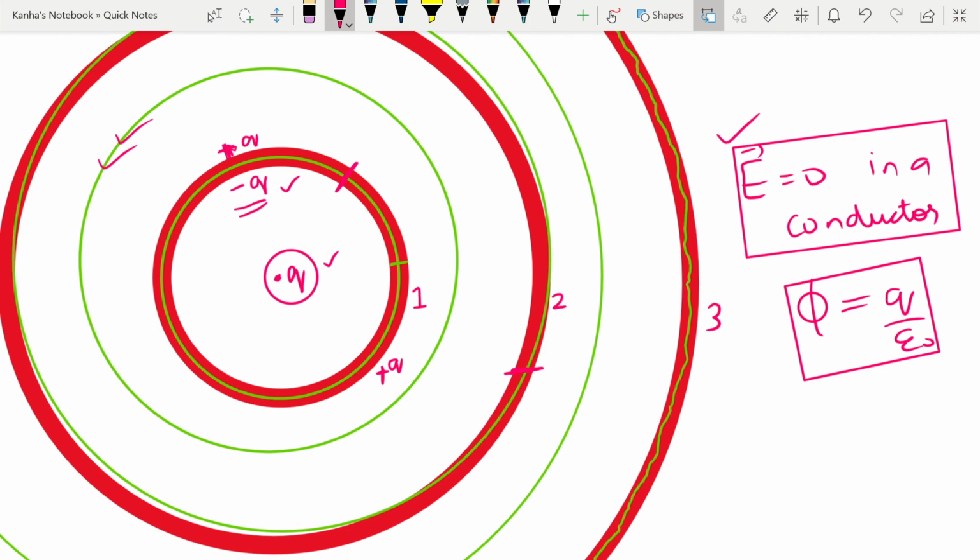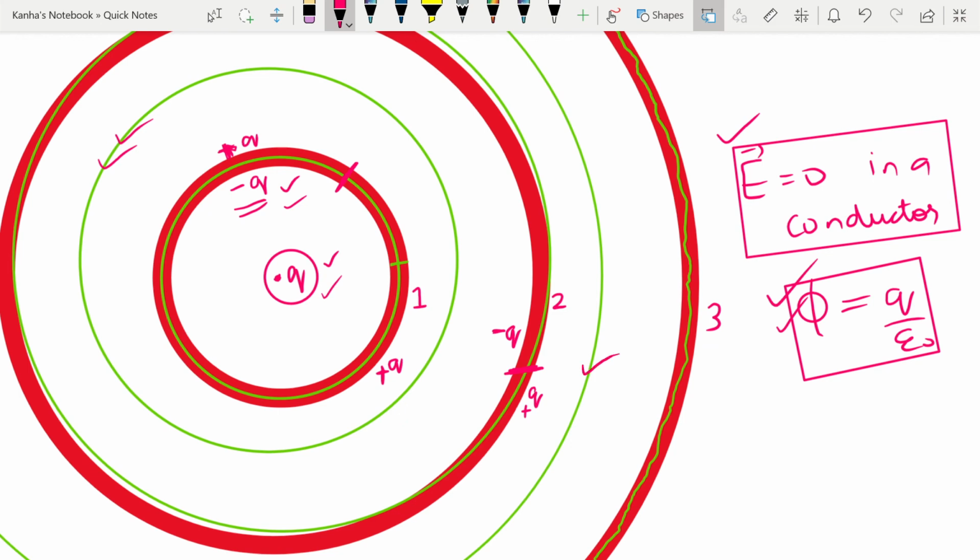So the net charge inside it needs to be 0 because of the Gauss theorem. If the charge needs to be 0, right now the charge is how much? Plus q, minus q, and plus q. So for the charge to be 0, on the inner surface there is a charge induced as minus q. Now the minus q is induced, the net charge inside this Gaussian surface is 0. So you are fine with the theorem, and because a minus q has been induced, I'll put a plus q on the outer one so that the charges are conserved.